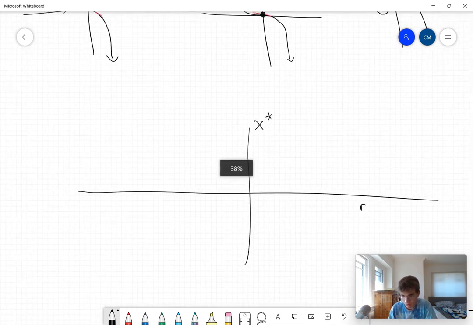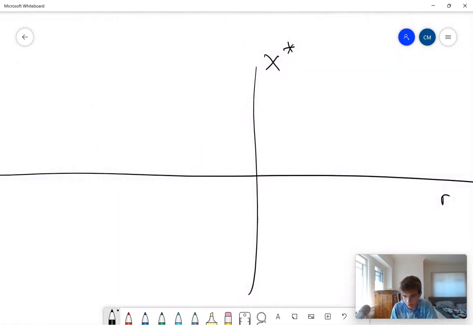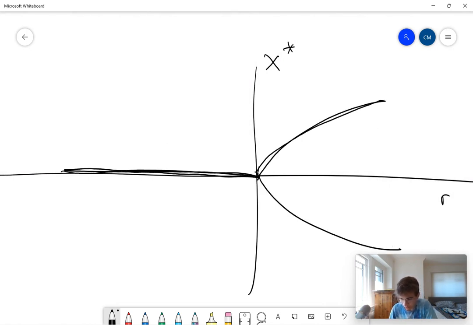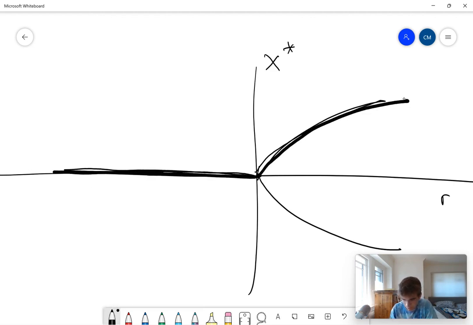For r less than 0, we have that there's just a stable origin. When r greater than 0, the system bifurcates and we get the two stable branches just like this. And then we're going to have an unstable origin. Okay. And so the reason why this is called supercritical or stable is that